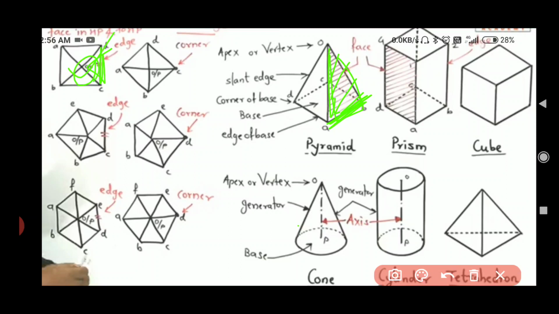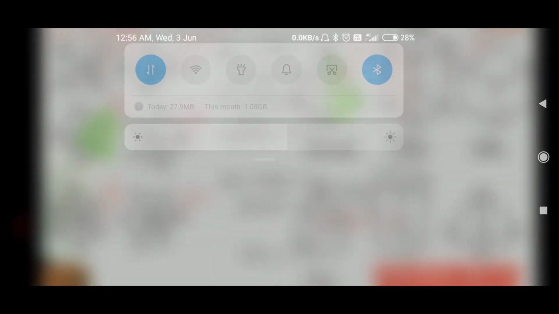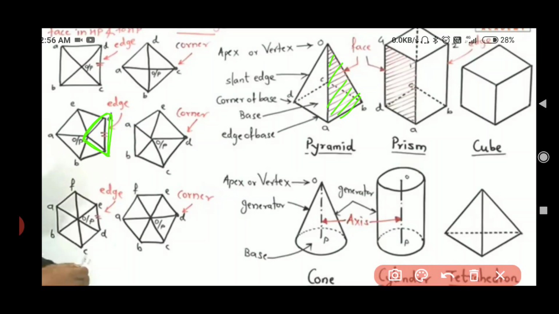You have to keep the figure like this. If they have said that an edge is inclined, this slant edge is inclined, not a plane, not this plane, only the slant edge is inclined, then you have to place this figure in such a way. If the question says that the face of the pentagonal, for example the triangular face, is in the triangular face of this pentagonal prism.